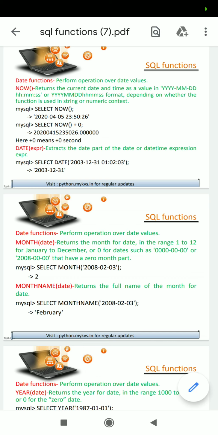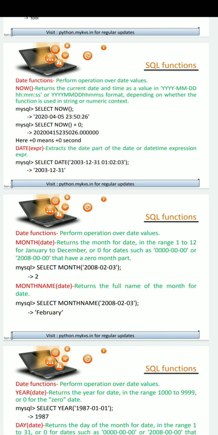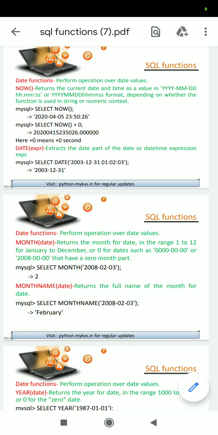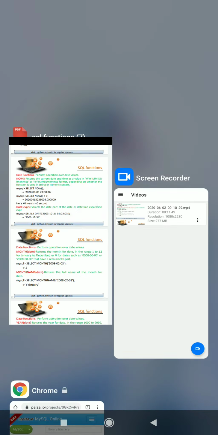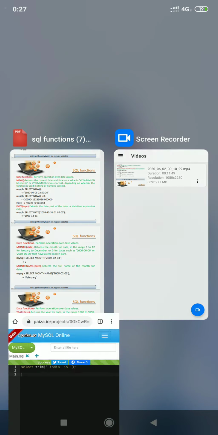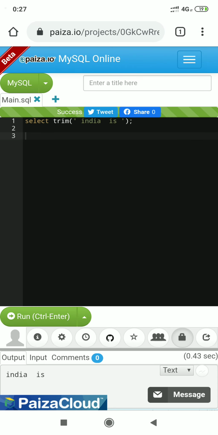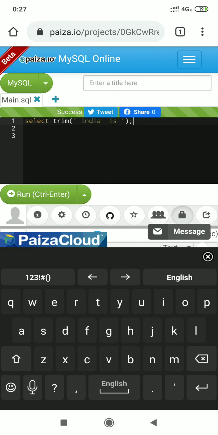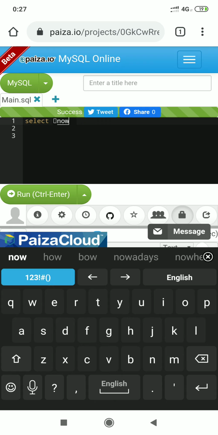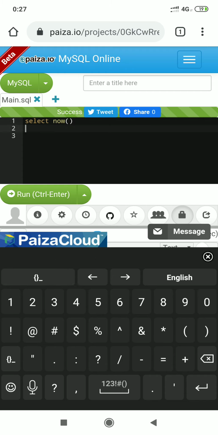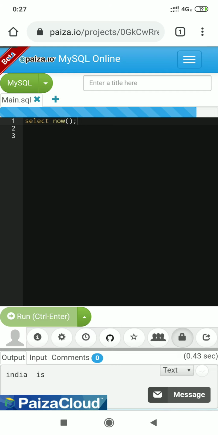Okay, I do it practically. SELECT NOW(); execute the query.